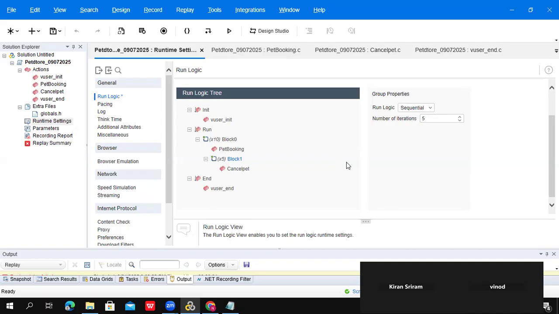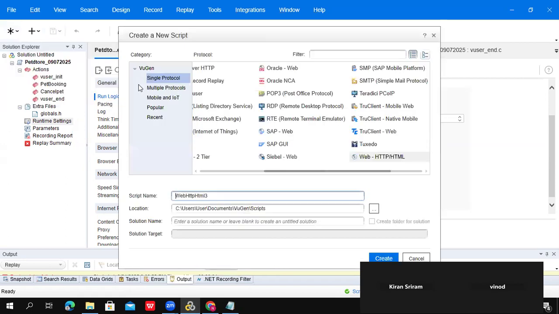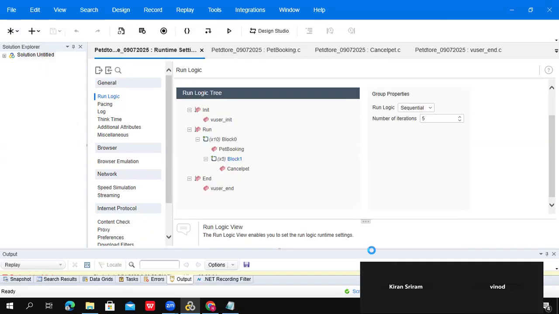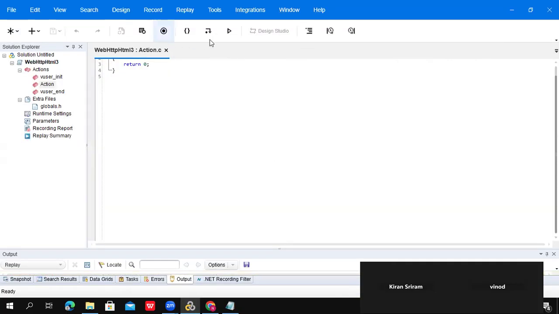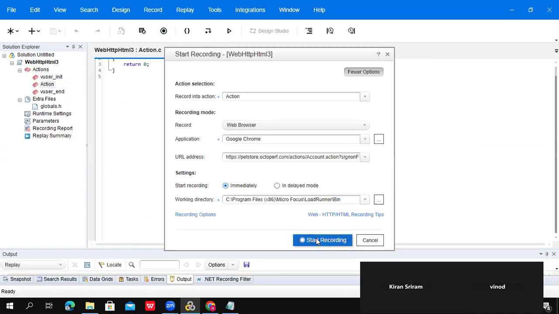How to record cancel pet before recording? Sorry? We have one more option, cancel pet in some cases. When you are recording, for example, I will save this and I will open a new script. When you are recording itself, if you select this and record it,